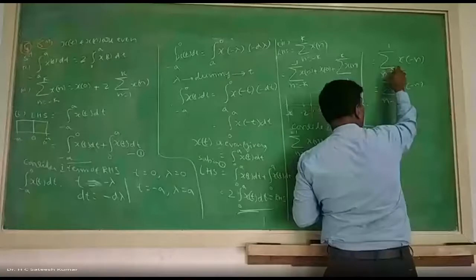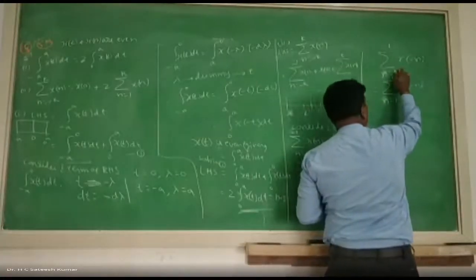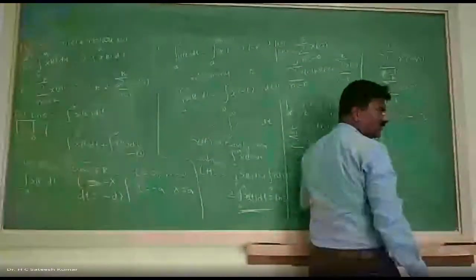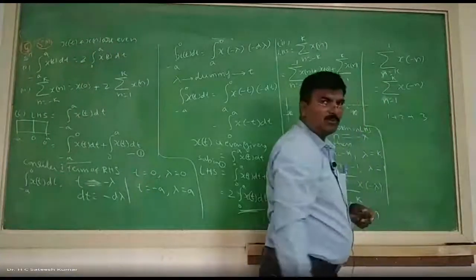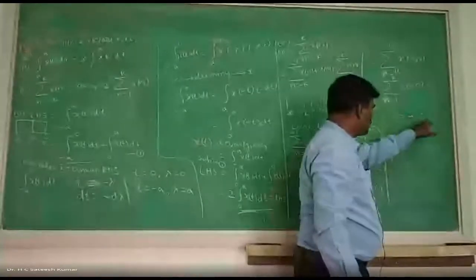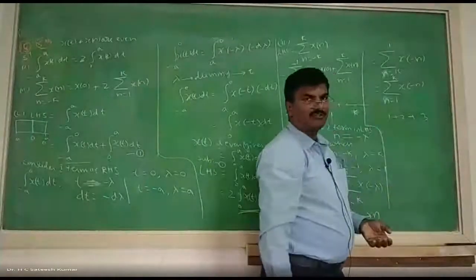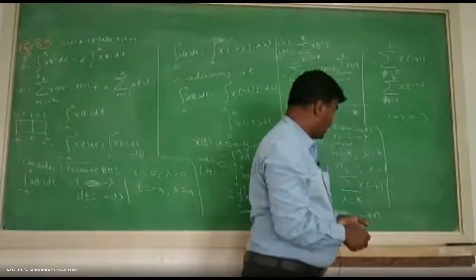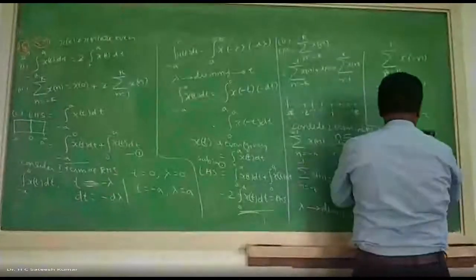Adding from k to 1 or 1 to k doesn't make any difference. Let us say you take 1 plus 2 plus 3, adding from 1 to 3. If you add from 3 to 1, you will get the same thing. So summation will not get a negative sign. Summation from 1 to 3 or 3 to 1 doesn't make any difference, adding from this side or that side. Therefore, summation from k to 1 or 1 to k is the same. Hence, we should represent it as 1 to k only.